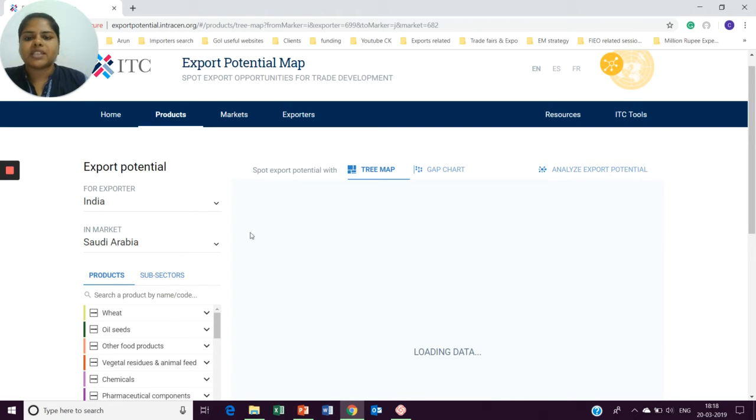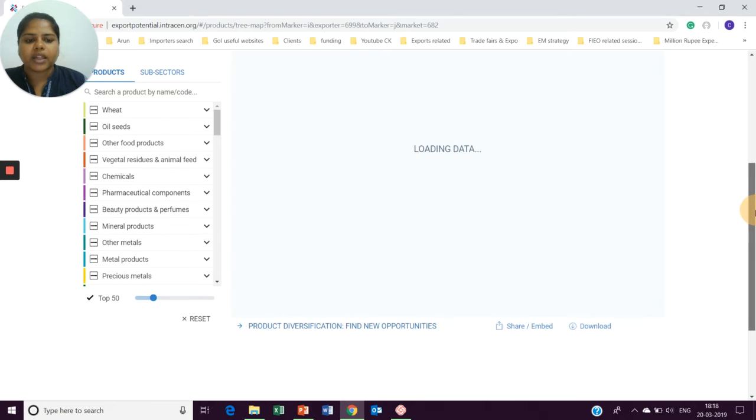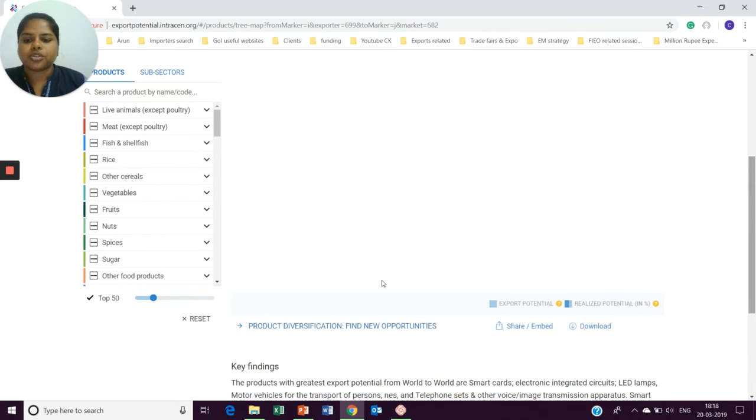When you make a selection, the export potential map comes with three different types of graphs or pictorial representations: one is the tree map, one is the gap chart, and another is analyze export potential. While it's taking time to load the data, I'll explain the different features you can use.